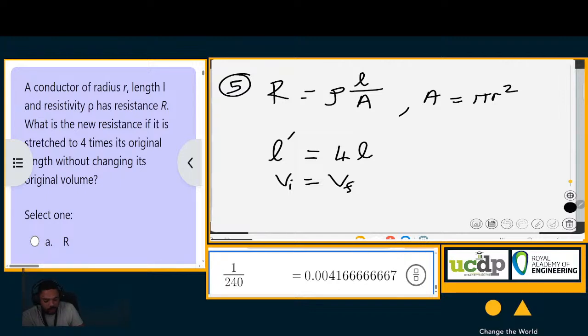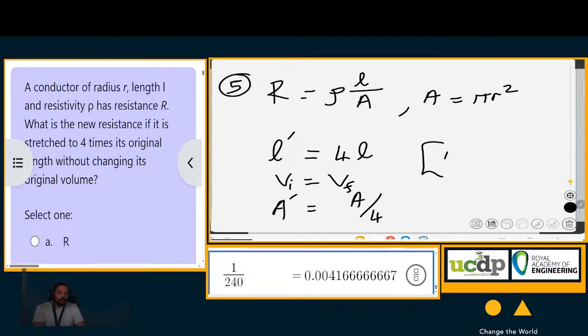The volume stays the same. If the volume stays the same and the length is 4 times longer, then the new cross-sectional area A prime must be 4 times smaller than the original one. Remember,